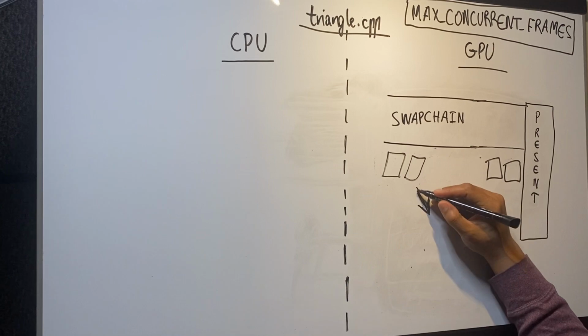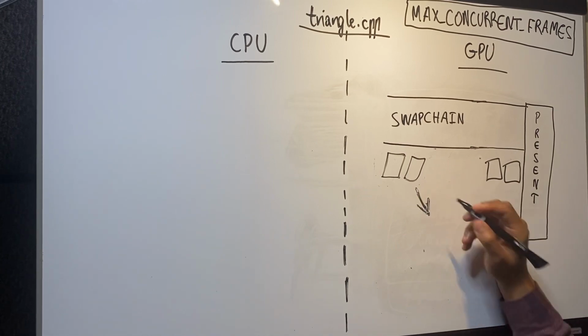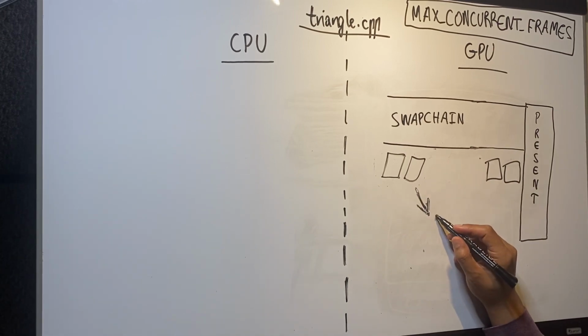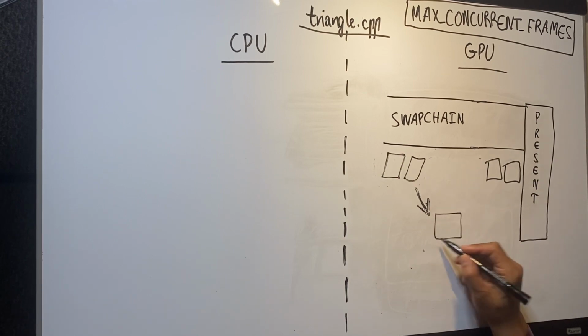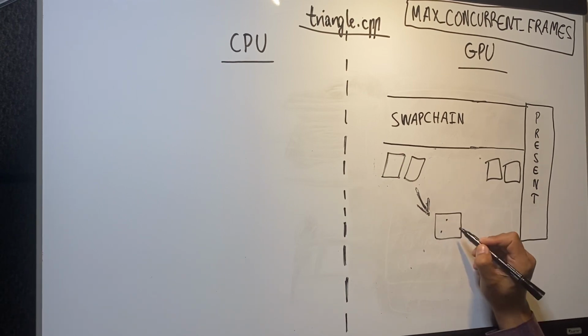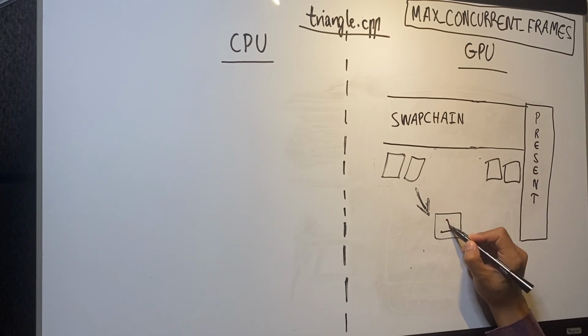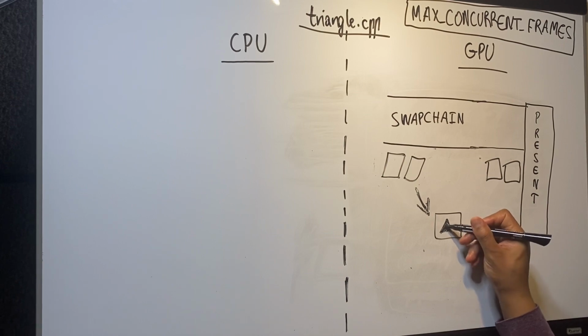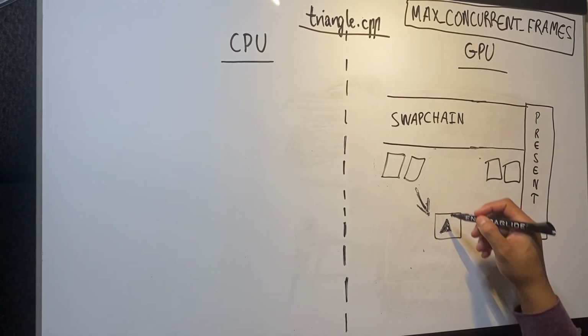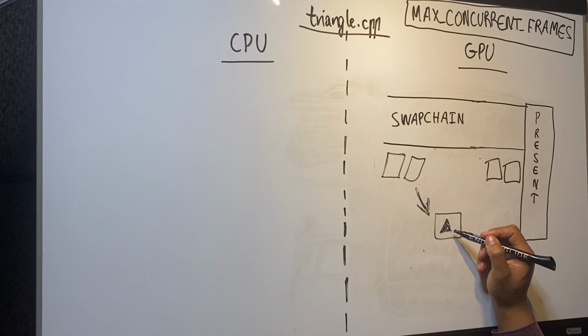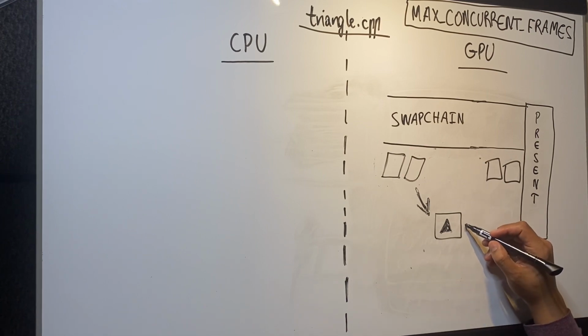Let's say we take this frame here, and then what we're gonna do is we're gonna draw on it, right? So basically, we're gonna draw on it. You see how nice of a graphics engine I am? So we're drawing on it, right? So we take the frame, we draw on it, and then we return it